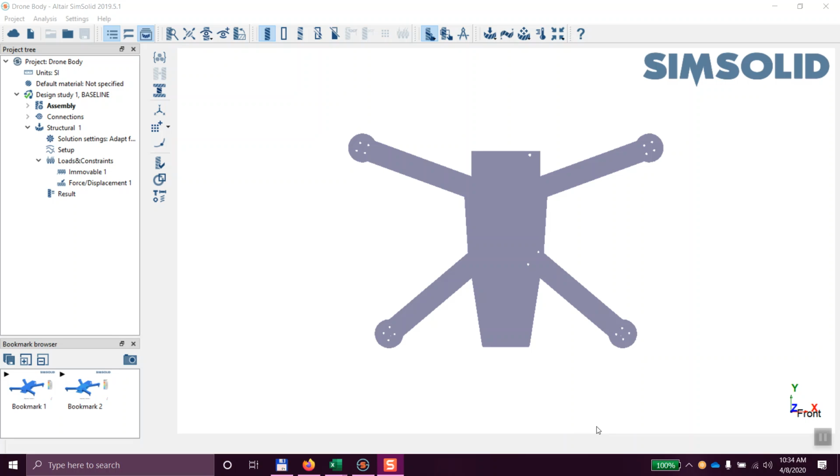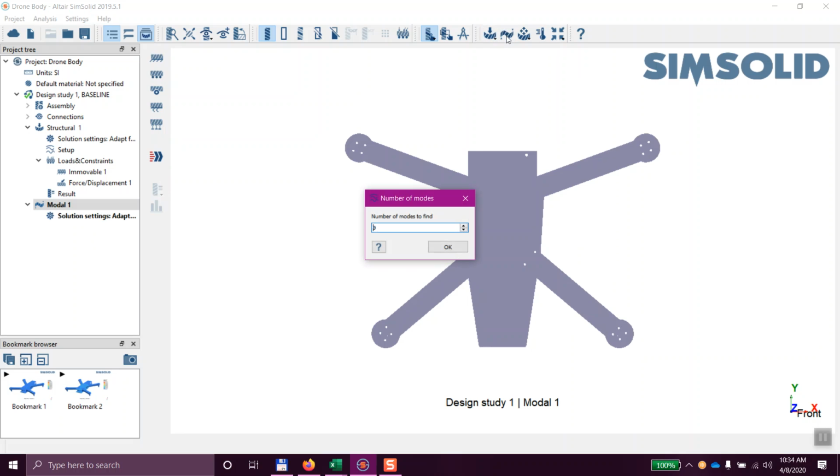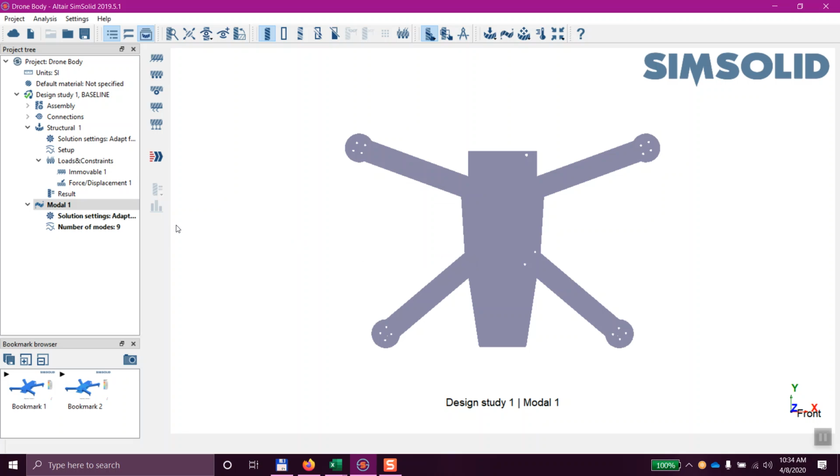So we're going to continue taking a look at SimSolid, and we're going to look at a few more of the advanced features. We're going to start right off with working on a modal analysis. So again, if you remember, these are where we add our different types of analyses, and we've got our structural linear. And if I come to the one next to it, we've got our modal analysis. Here I need to tell it how many modes that I want to find, and I just click OK, and that's pretty much it. So I just come here, I click Solve,